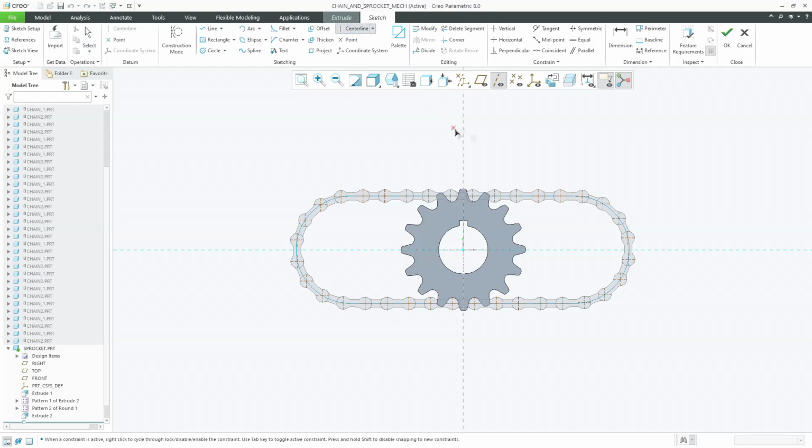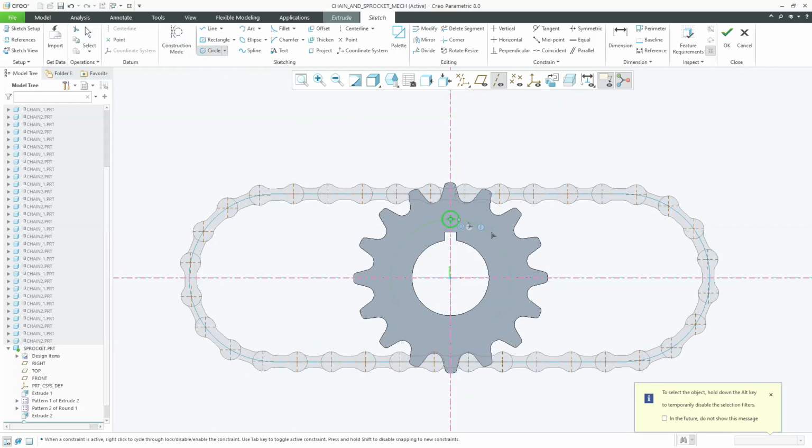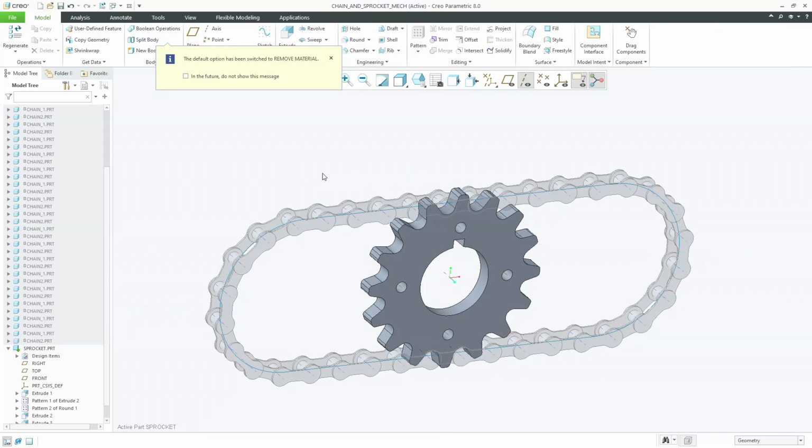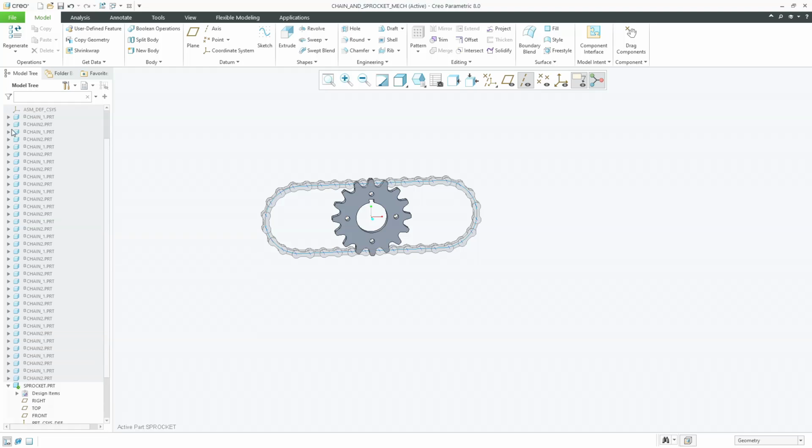For that I'm going to make a center line and also a circle as a construction line with a PCD of radius 36.35, and I'm going to have 4 holes of the same size at 4 different angles. The diameter I'm going to set as 4.7. Just click OK, and this is also going to be reverse material, so the material is going to be removed. So this is how